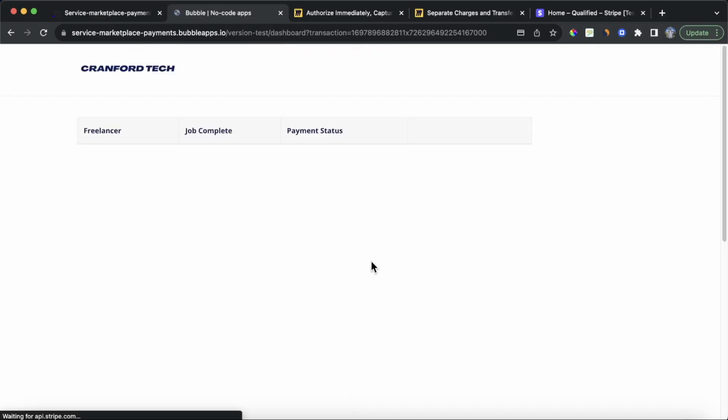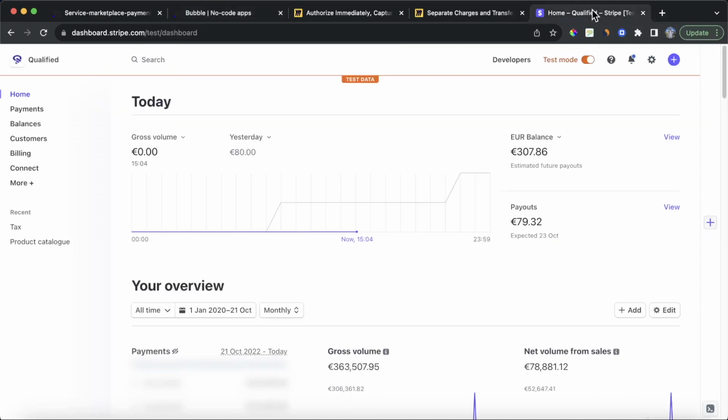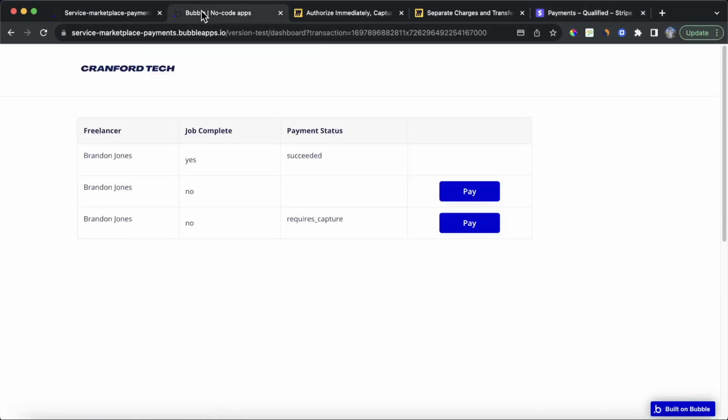services. And then if we go into our Bubble app, I'll come back to this dashboard now, but if we go into our Stripe dashboard, I should say, and we look at payments, qualified is just the name of an app I previously had, you can see here that $400 payment has gone through, but it's uncaptured. That means the payment details have been authorized, but the payment itself hasn't gone through. And then at a later stage, what we can do is we can click this pay button here, and that'll